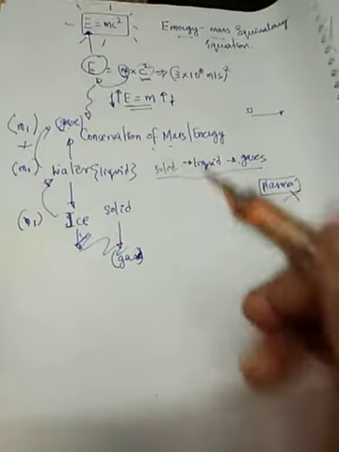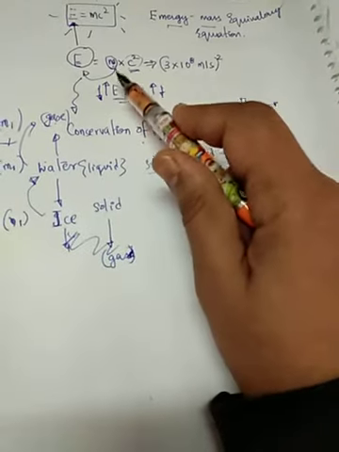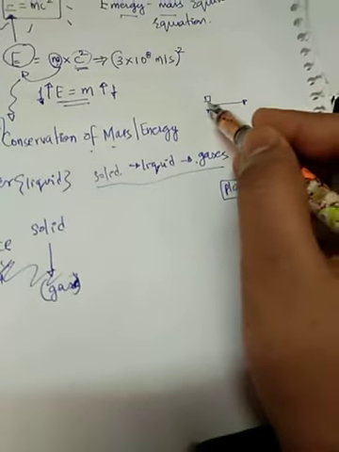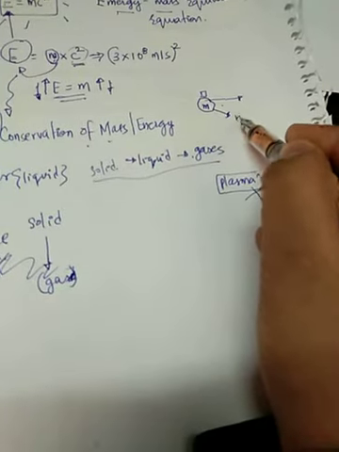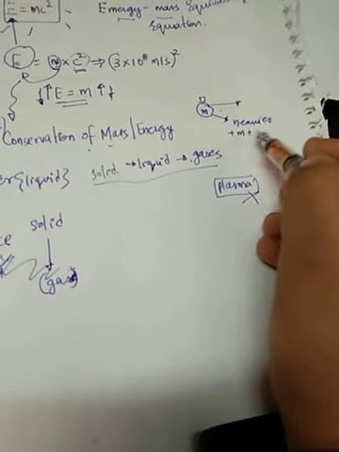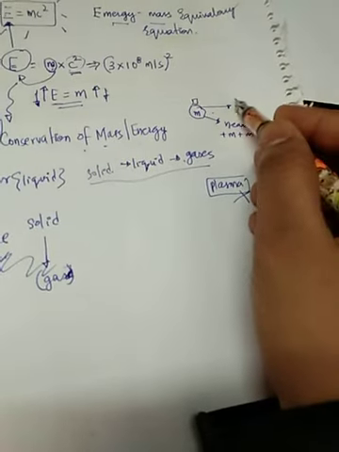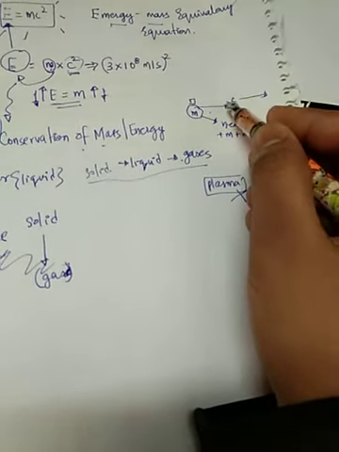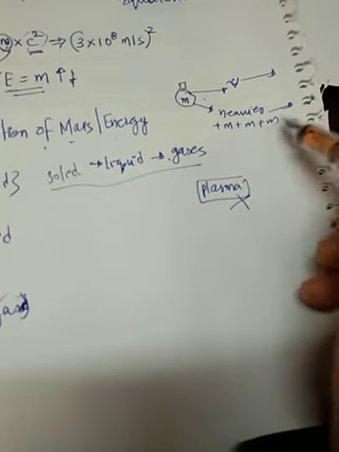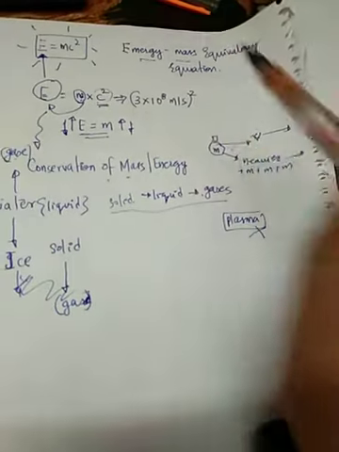Another part says that when you move this mass with some speed, this mass is going to be heavier. It gets incremented, plus m plus m plus m. It's going to be heavier and heavier when you increase the speed or velocity. That's the idea of relativity theory. This is the first part, and this is the other part.